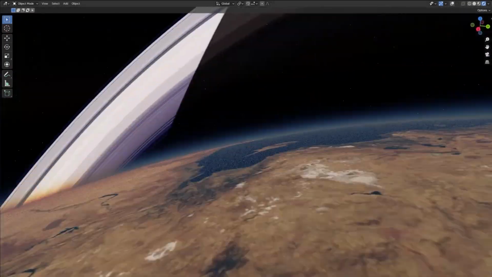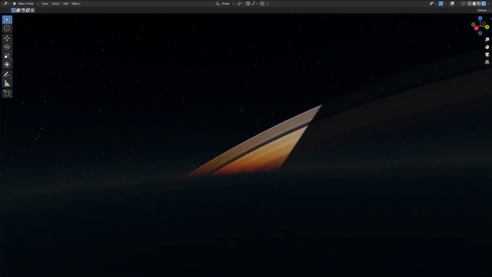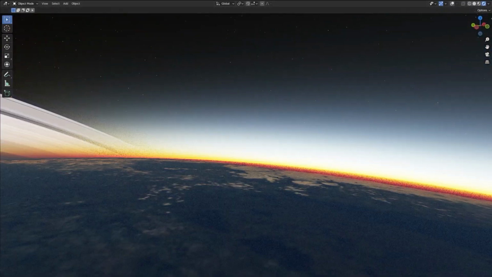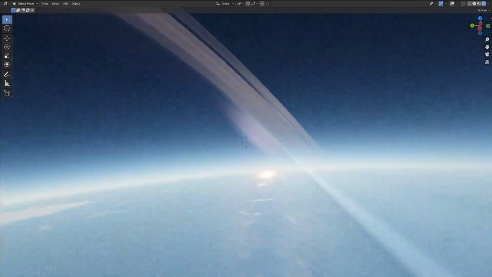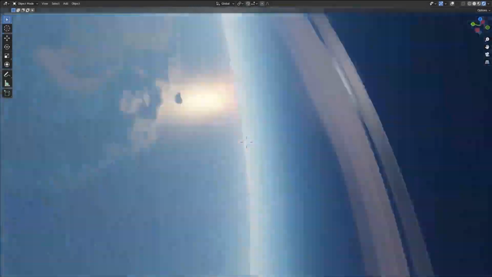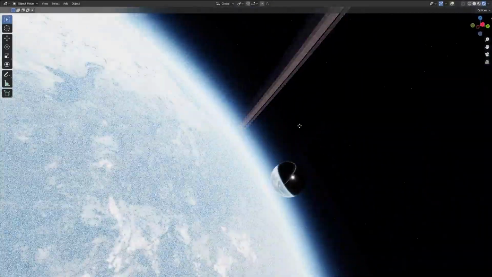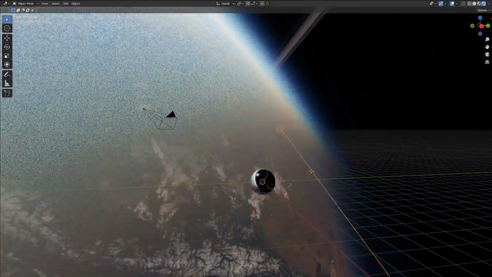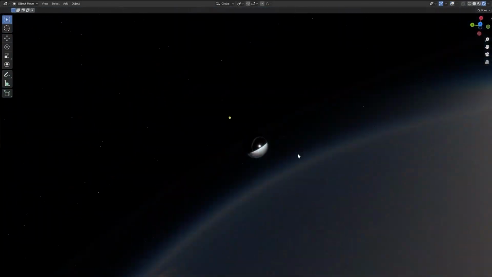Lastly, we have Physical Celestial Objects. It's not a new add-on, but it was just updated. With more realistic planets, more customizations are available, and it includes presets and a lot of other improvements. So if you want to make realistic space scenes in Blender, then this is something you should take a look